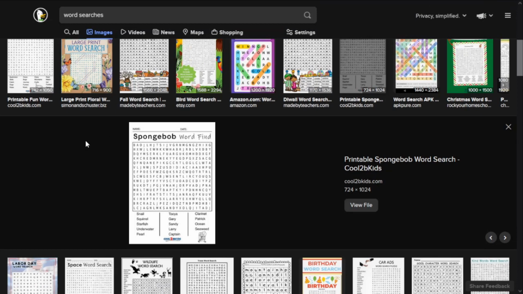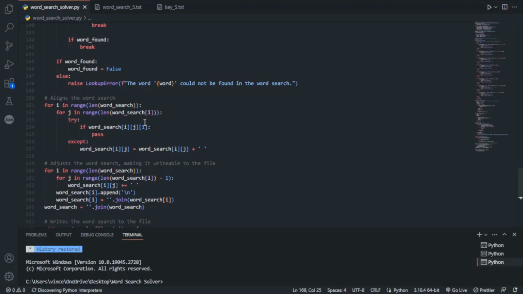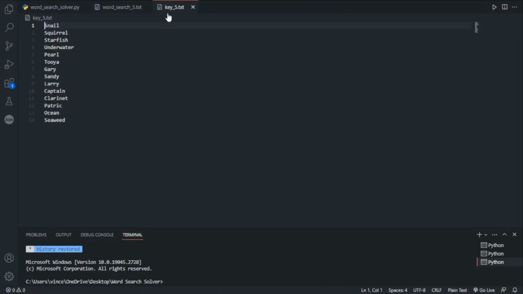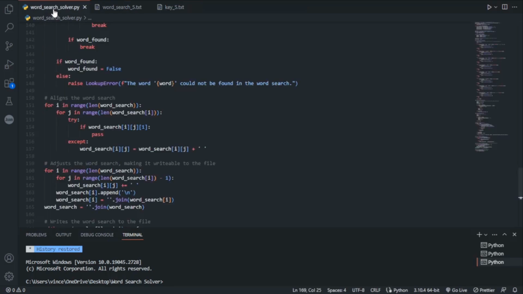Doesn't mean the program's not going to be able to solve it though. Anyways, you know the drill. We're gonna be converting this into text files, so I'll be back with you guys when I have got that done. Okay guys, as you have probably guessed, I have the word search, the SpongeBob word search, into two text